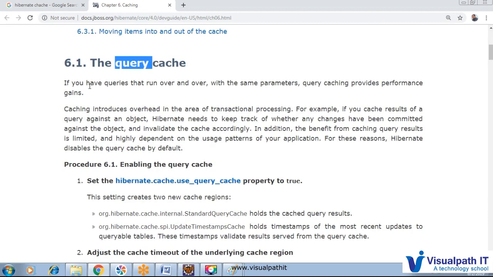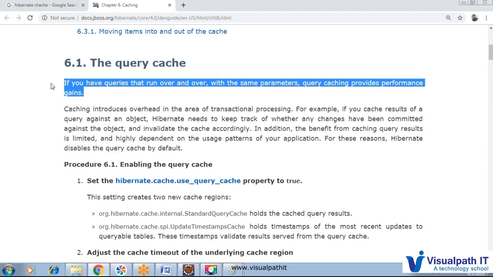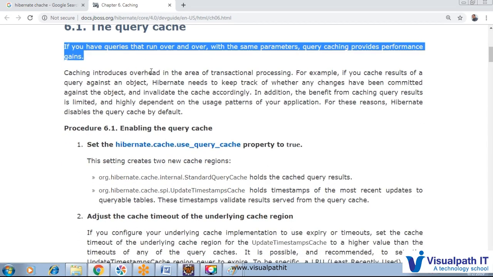The query cache is there. If you have queries that run over and over with the same properties, query cache provides a performance gain, because if we try to fetch the data multiple times and the data is the same, then we can increase the performance utilizing a cache. So here, cache introduces overhead in the area of transactional processing.